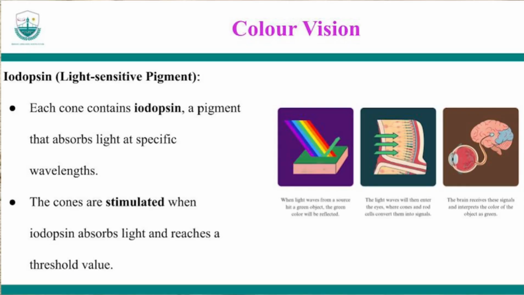So not all three cones absorb the same wavelength of the visible spectrum. That means not all of them get excited, or stimulated, at the same level. Okay, so the cones are stimulated when iodopsin, which is the photopigment found in the cones,